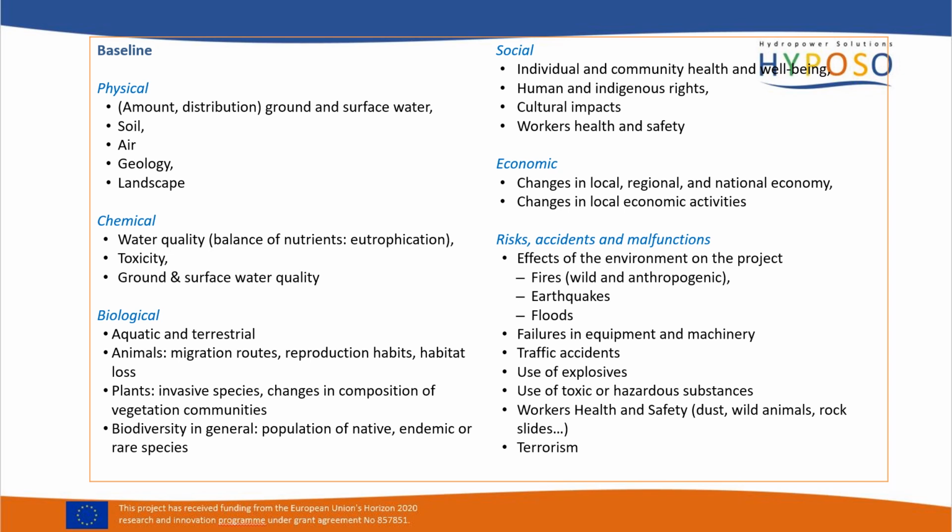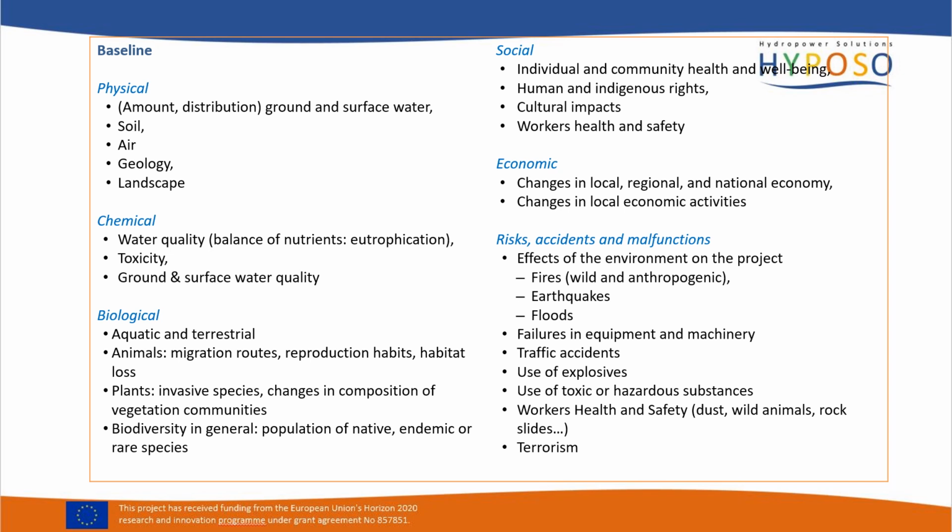So, what goes in the baseline? So, we mentioned that impacts are those changes that the project brings to the environment, and for that, we need to know what is there at the beginning. So, that is the baseline. And the baseline usually is divided in some specific larger components, which is the physical environment that involves the soil, or the geology, or the landscape, chemical characteristics of water, land, or air, biological components that refer to all life, all biodiversity, included endangered species,